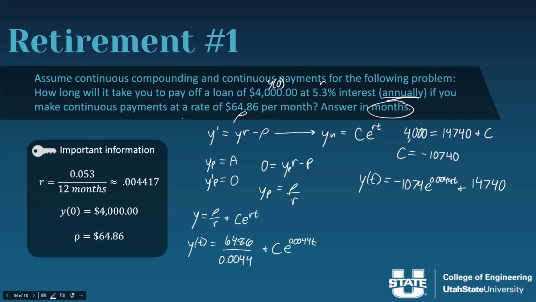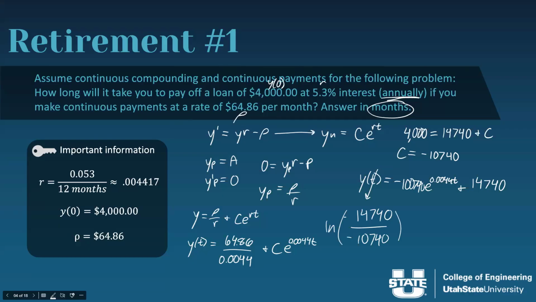And now we can solve for t, but we aren't given another condition that tells us this. What are we looking for if we want our loan to be paid off? Right, so we can just solve for y of t equals 0. So I'm going to move my 14,740 to the other side, divide by negative 10,740. Thank you guys. Okay, we made it. Then we can take the natural log to solve for t,